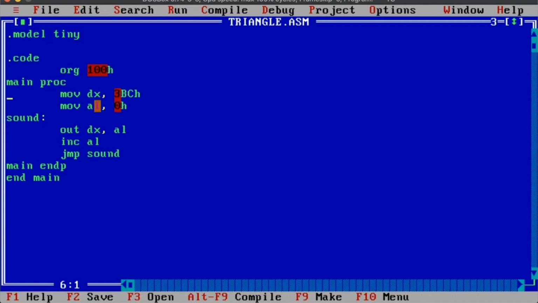Then I load AL with 0. Then I push that 0 out of the LPT port with the out statement. Then I increment AL, becoming 1. Then I jump back to sound, output it, increment it, output it, basically counting from 0 to 255, creating a